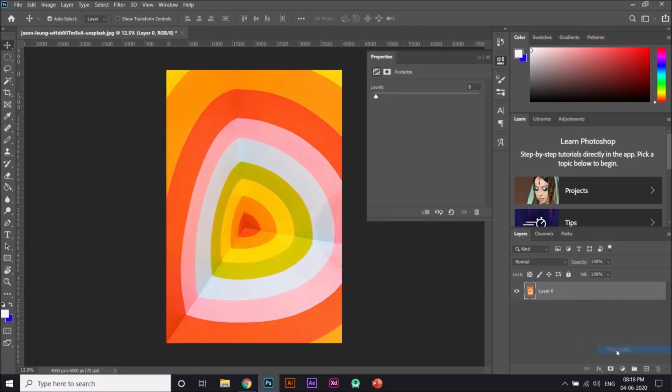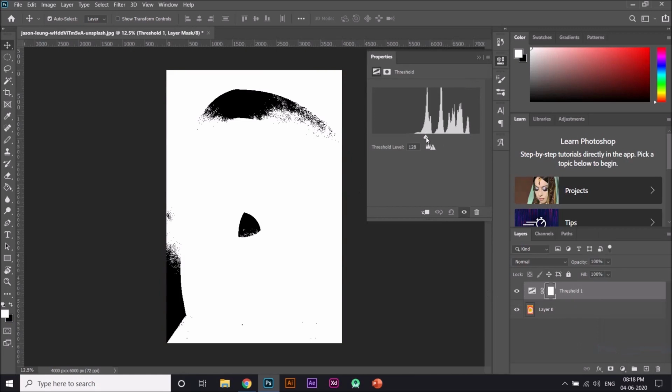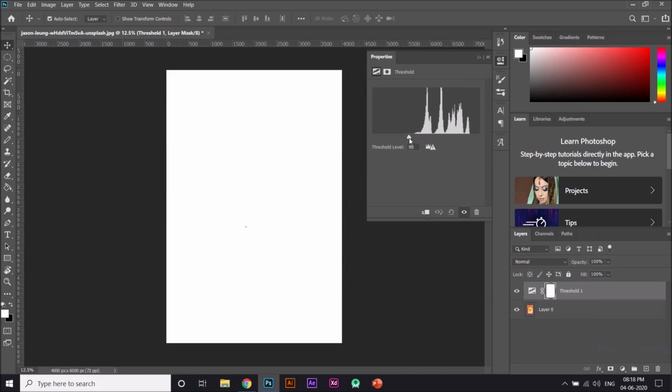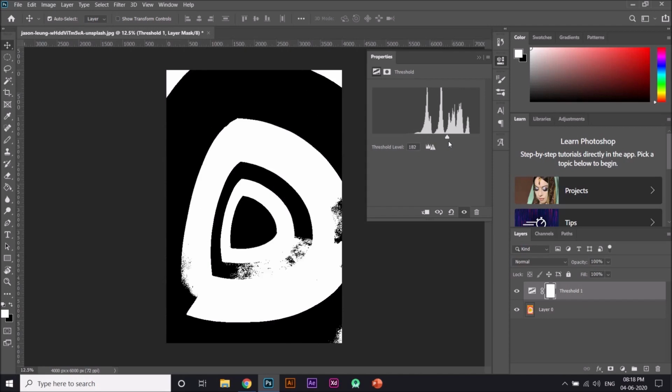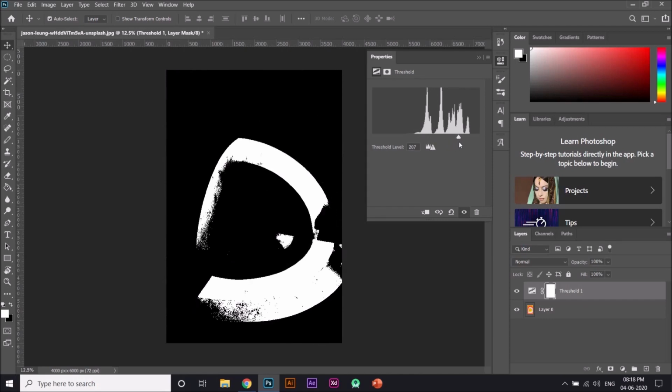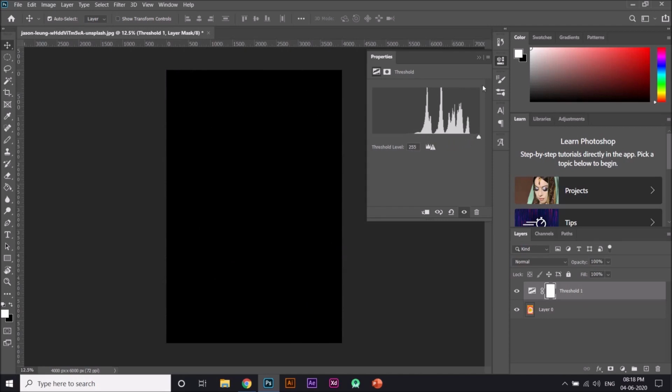You can find threshold, and it's nothing but the threshold of each color. Now I'm going to drag it to the right side and it's going to reveal itself basically. And here you can see the threshold of this color is right here. And then again you can see this graph and understand as well. This is the first color, then second, third, fourth, fifth, sixth, and as I go forward it becomes dark.